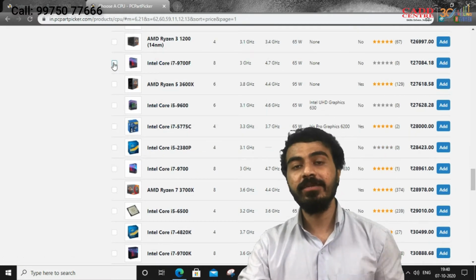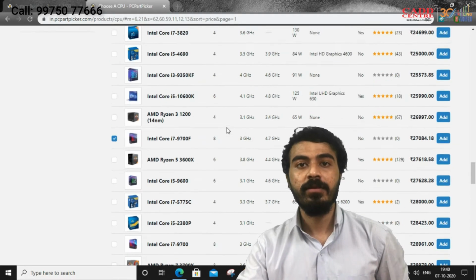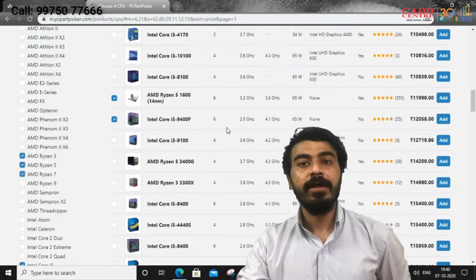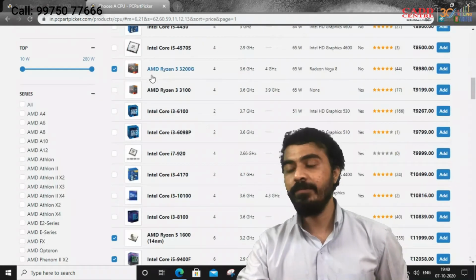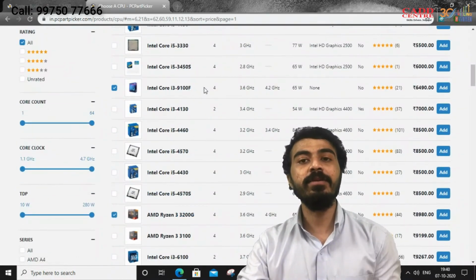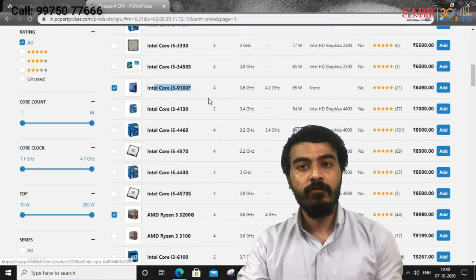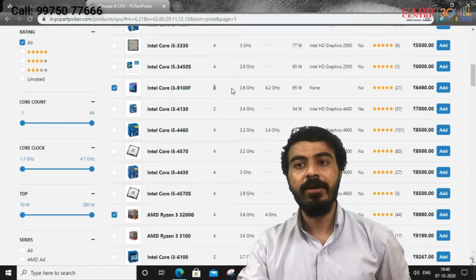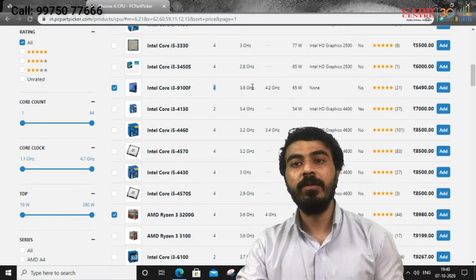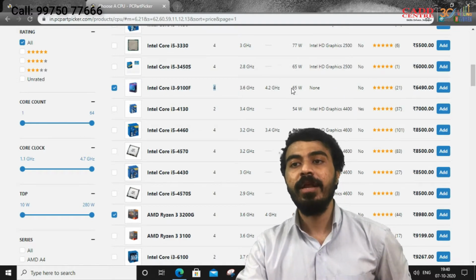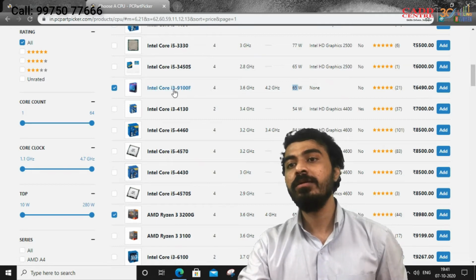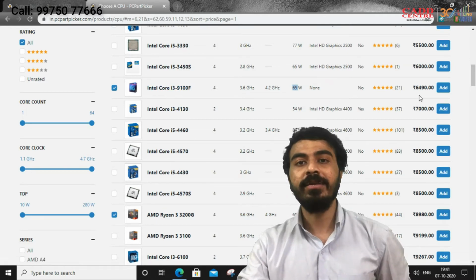Let's see the difference between these cores. If you are going to choose the Intel i3 processor, it gives you 4 cores with 3.6 gigahertz processor and TDP up to 65 watt, and you get the i3 processor at around 6500.